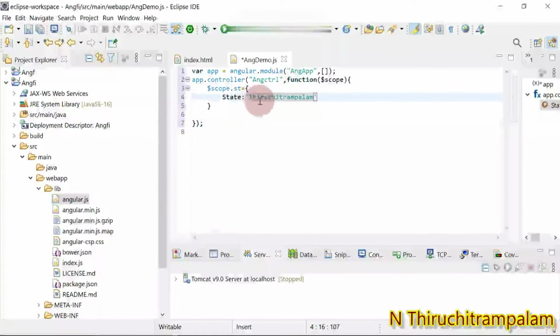Then I give state, and here also I give state as the value.